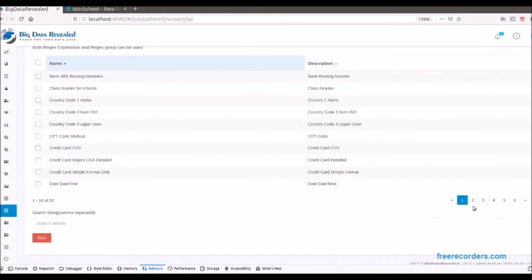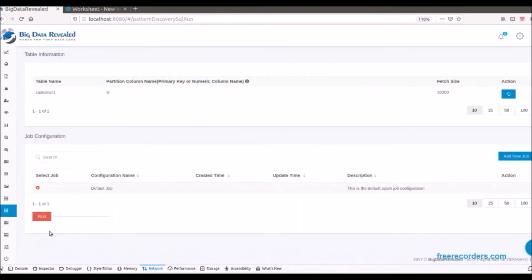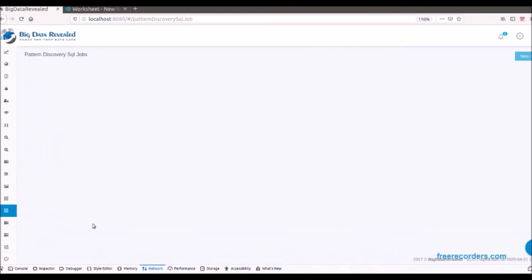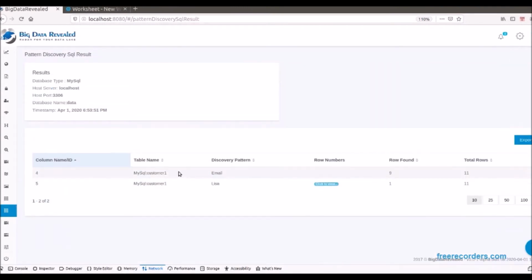Now I can select one or many patterns to search for. I am selecting the email pattern to encrypt, and I will enter the name, Lisa, to also search for and encrypt. Now I will submit the process to run. Now that the process has completed, let's view the metadata and the counts that were found in discovery and encrypted